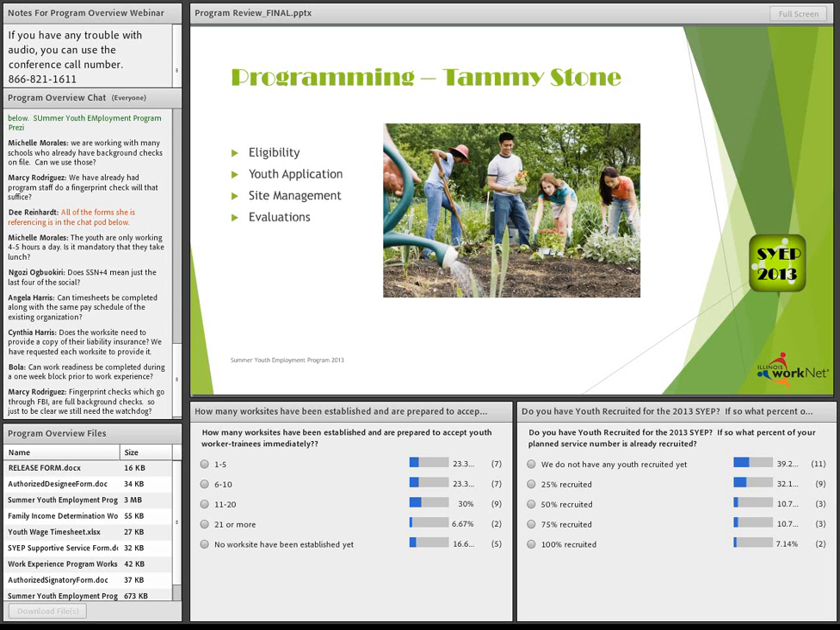Okay, and then someone just made a comment. Fingerprint checks which go through the FBI are full background checks, so just to be clear, do we still need to use the watchdog? Yeah, I think that would probably suffice, because like I said, the watchdog is a sexual offender site, so I would anticipate that would include